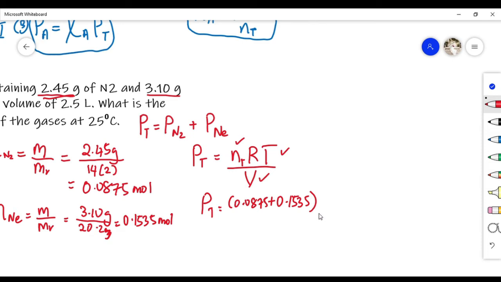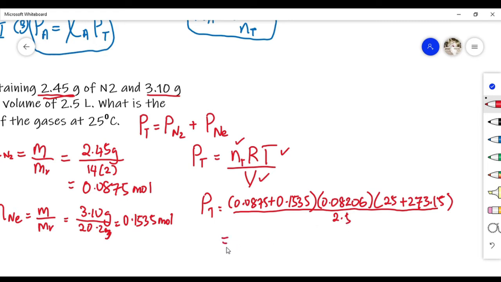So R kita ada jadi 0.0826, dengan temperature kat sini dia bagi 25 degree Celsius, so 25 plus 273.15, over volume dia dah bagi dalam liter 2.5, so no need to change. Okay, so kira lah